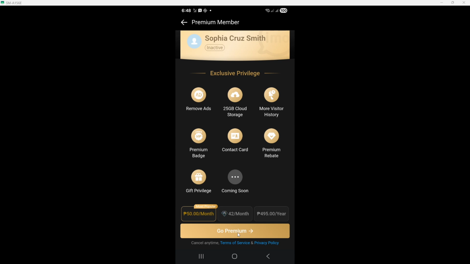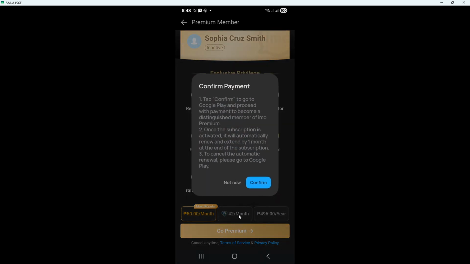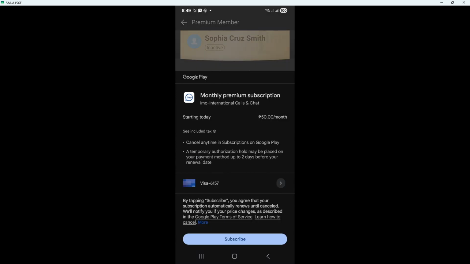After selecting your plan, complete the payment using the payment method connected to your app store or device. Follow the on-screen prompts carefully and confirm the purchase when asked. The exact payment screen may vary depending on whether you're using Android or iPhone, but the overall process is very similar. Once the payment goes through successfully, ads will be removed while your subscription is active. That means you'll continue to enjoy the ad-free experience for the length of the plan you selected.